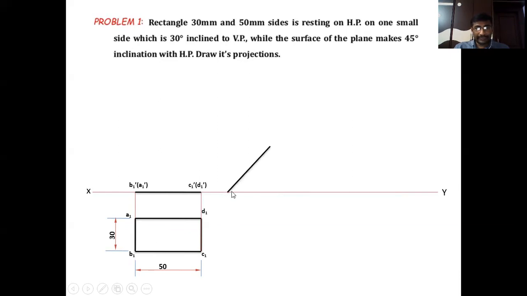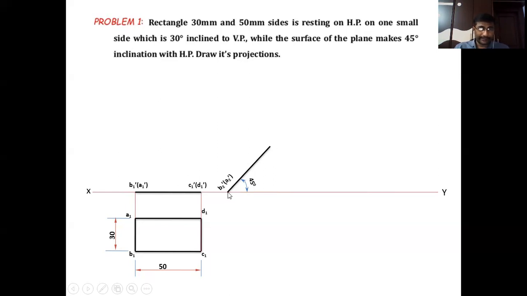Let us draw the second stage. Second stage means the surface is inclined to HP at an angle of 45 degrees. When the surface is rotated, in the front view the line is also rotated with the XY line. That's why, first of all, draw an inclined line at an angle of 45 degrees with the XY line. Clear, students? This is 45 degrees with the XY line. The line length must be equal to the initial front view length. The second stage front view length must be equal. Clear, students? Then locate the point.